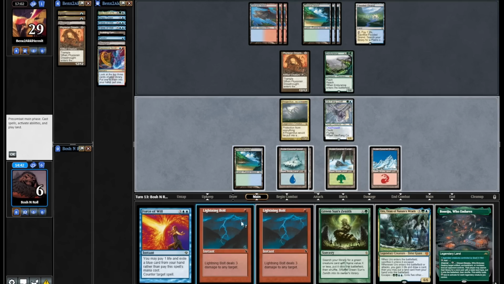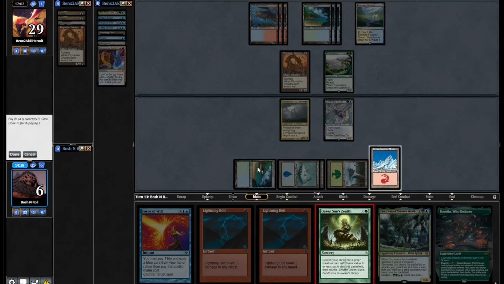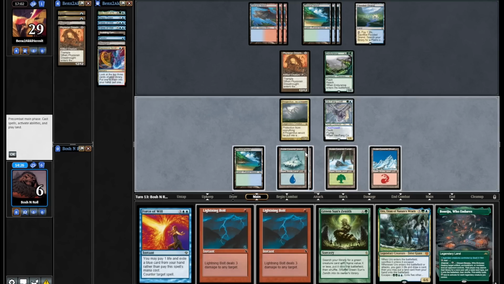Or do I even care? Am I worried about this Dreadnought? This one's covered. Maybe I say Boseiju for the next one. Now I'm worried about my clock if I can't figure this out quick enough. I want Uro in the mix, but if I leave up...